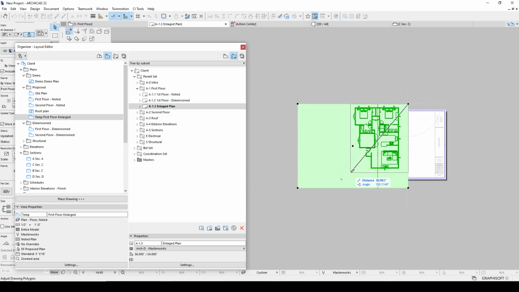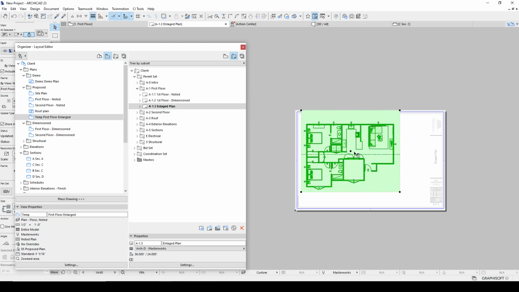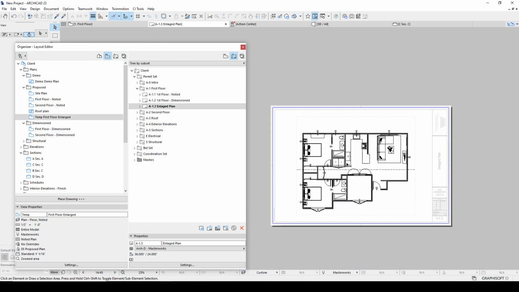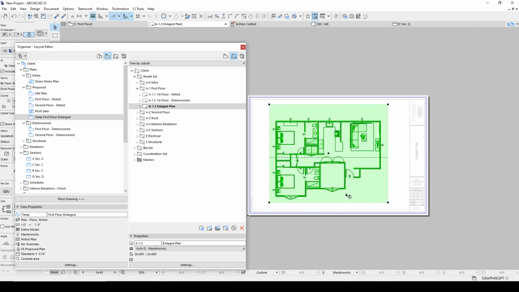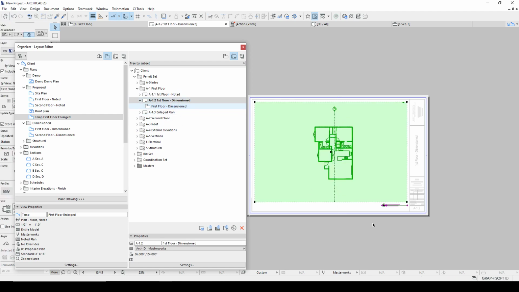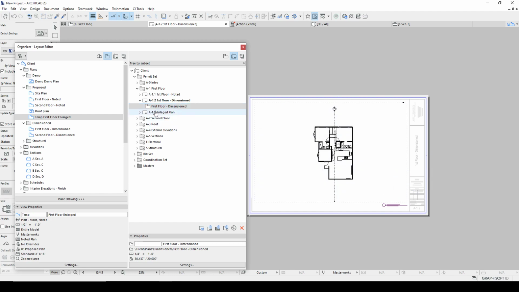Drop this. May even need to rotate it to get it to fit, because this is a much bigger scale. Then I want to take, so this drawing has a title associated with it. I'm going to take the properties of this drawing